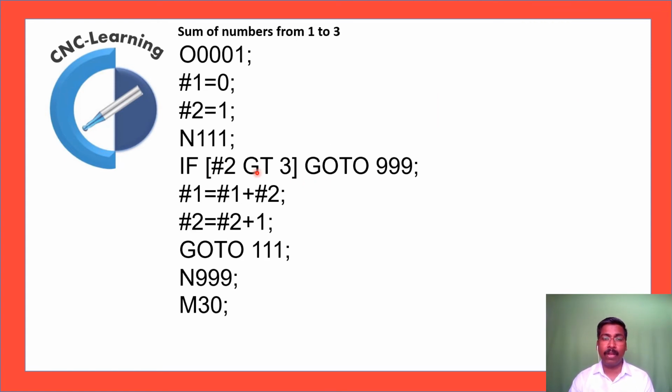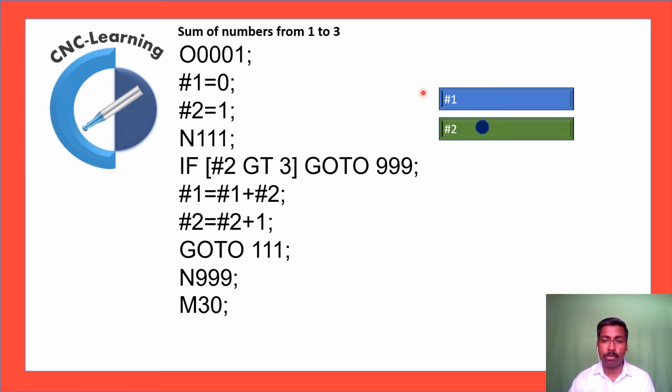Now we'll see another way of doing the same thing using the if statement. Now the if statement can also be used in two different ways. In this example we are using the if statement before the actual program begins. That means the variables are initialized, and then we are checking the values and then the program will run. So now we'll see how it works.